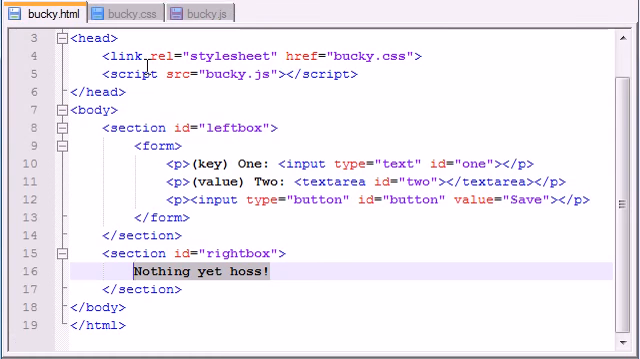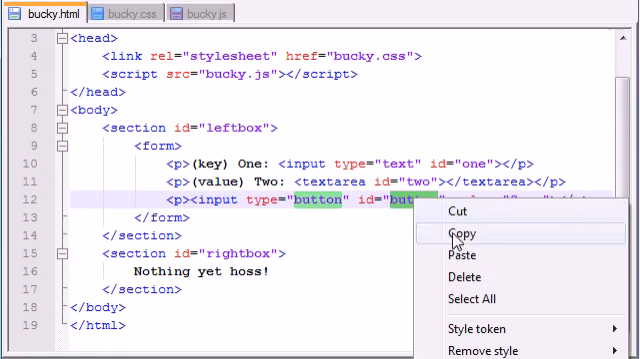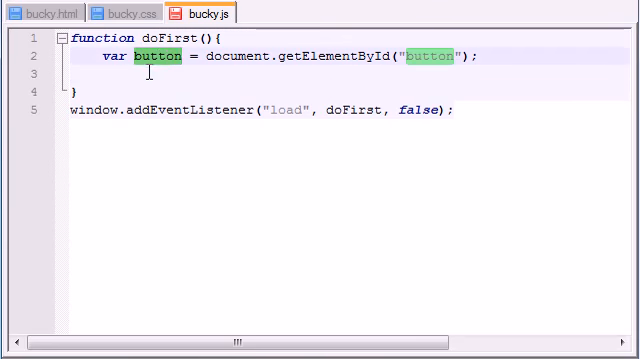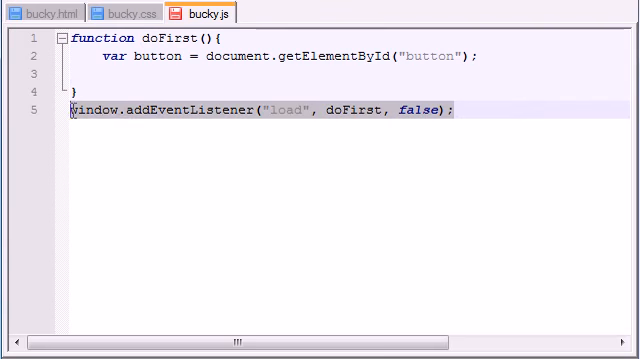Now if we look, the ID of the button is button, so whenever we reference that ID, it knows that we're talking about this button right here. So get element by ID, and the ID of that is button. So now the variable button references this button right here. Simple enough. So now what we want to do is we want to add an event listener to that button,